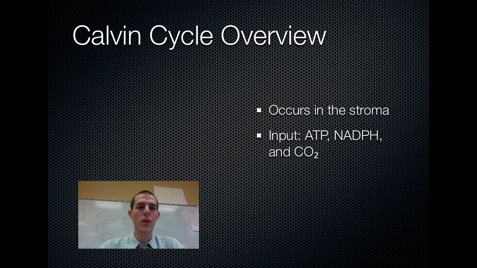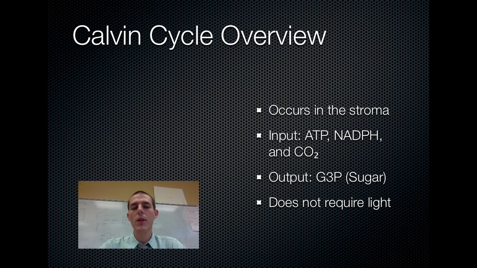The inputs, the things that go into the Calvin cycle, are ATP and NADPH, also CO2. The ATP and the NADPH come to us from the light reaction. CO2 comes in through the stomata of the leaves from the outside world. Our output of the Calvin cycle is G3P, which is a sugar. That sugar will later be used to make other carbohydrates inside of that plant. And the final thing, and this is probably the most important thing, it does not require light. All the energy needed to run the Calvin cycle comes from that ATP and the NADPH that we get from